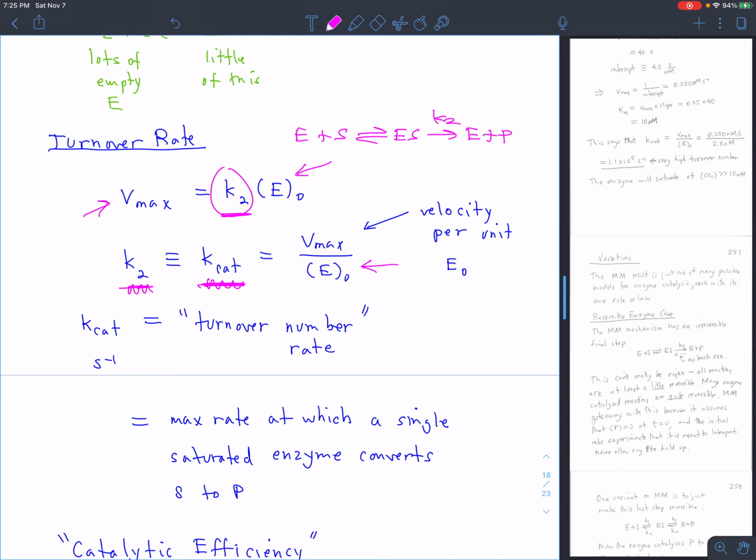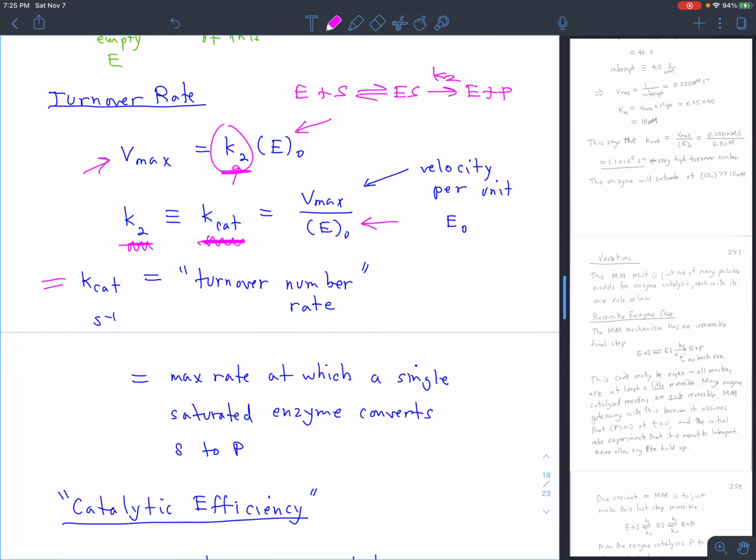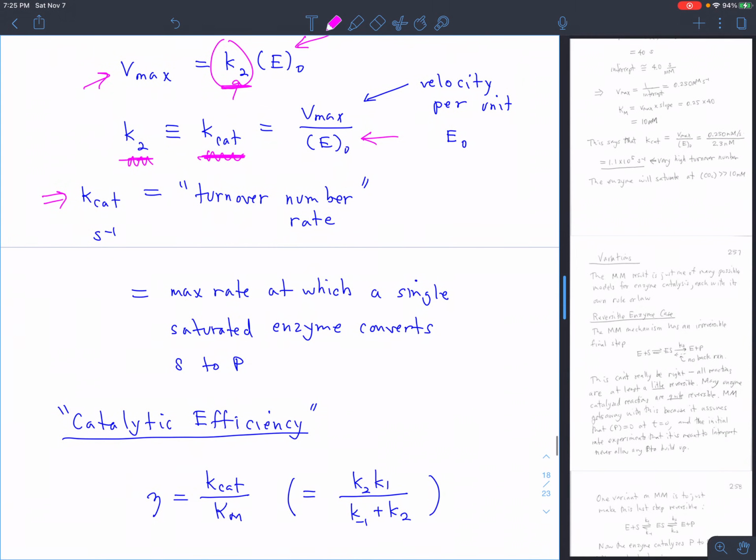of Vmax, it's called Kcat usually. In a lot of presentations, they'll call this Kcat from the beginning. I called it K2. But a lot of people just call it Kcat right from the beginning. And Kcat is then called the turnover number. If you think about it a little bit, you can see that it's just the maximum rate at which a single fully saturated enzyme molecule converts S to P. It's the fastest possible rate. It's the Vmax, if you like, but for a single saturated enzyme,